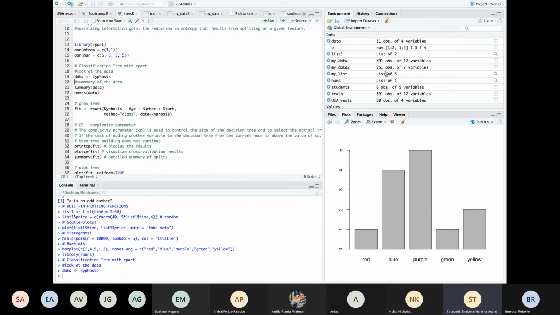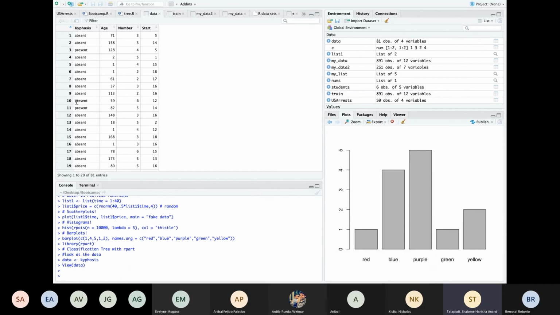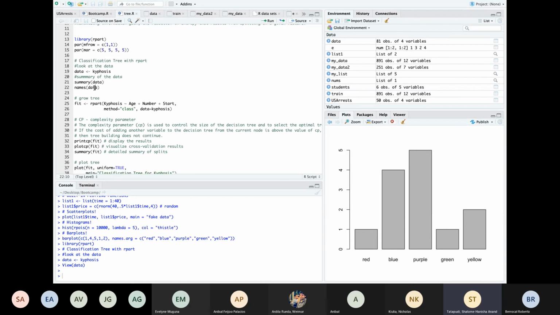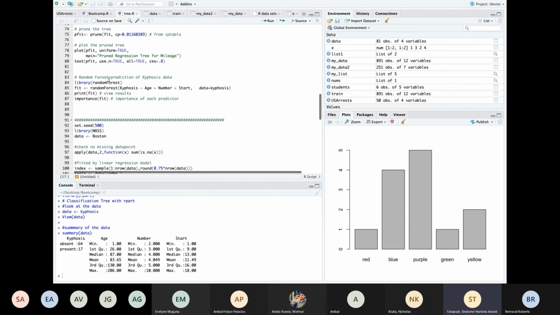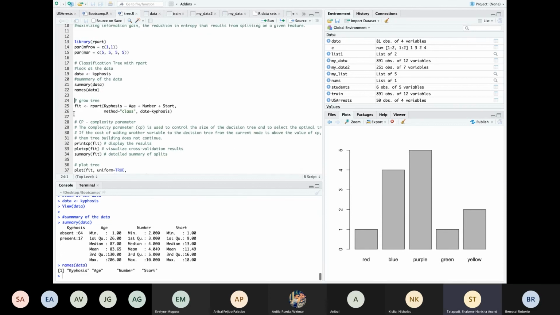So the data that we have is this data, and it's just the age, the number, and the start. And we want to see the summary of the data right here. For each factor, age, number, and start, it gives us the summary. And using the names function, we can find the column names of each of the columns within the data frame. So for this data right here,